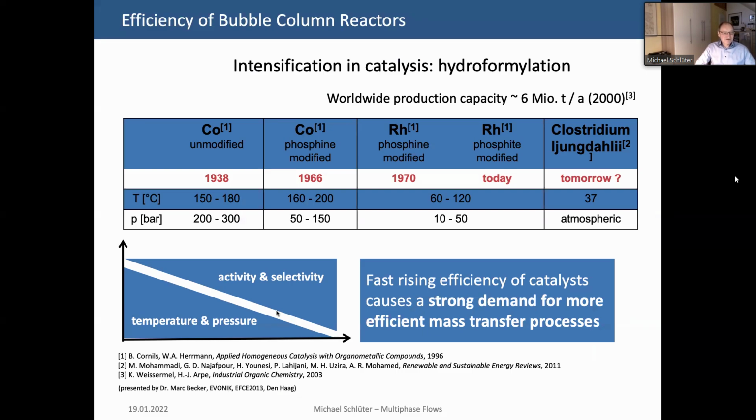So we are on this line here. But what does it mean? It means if we have much more activity and selectivity in our reactors, then this means that we need a better transfer